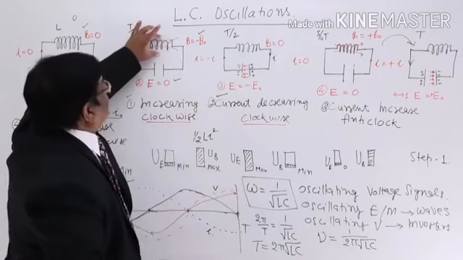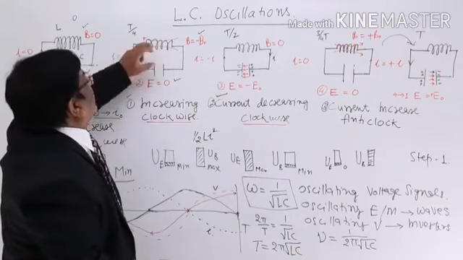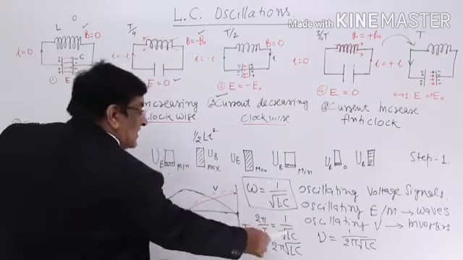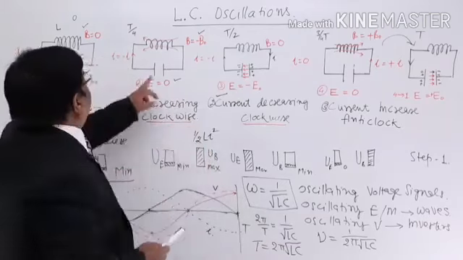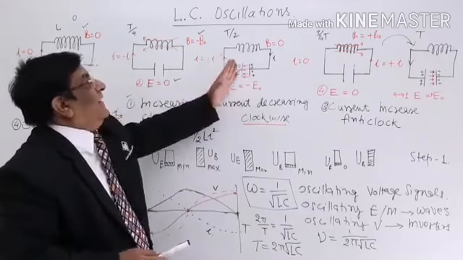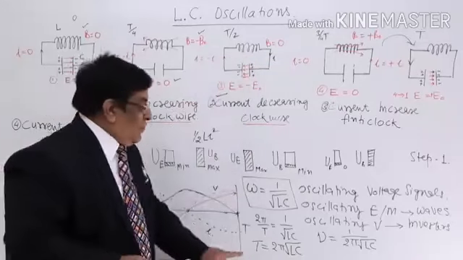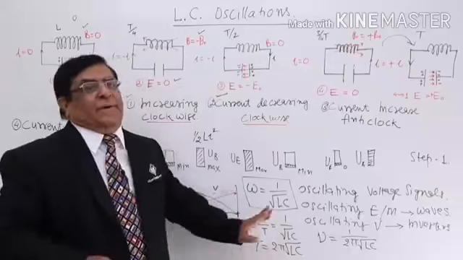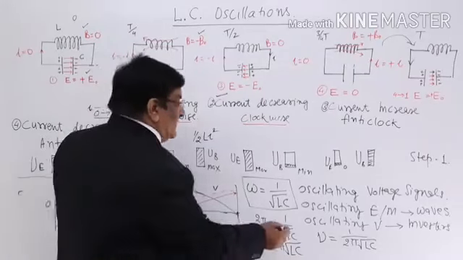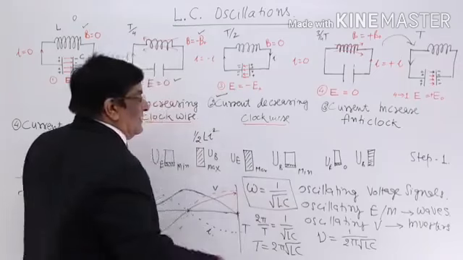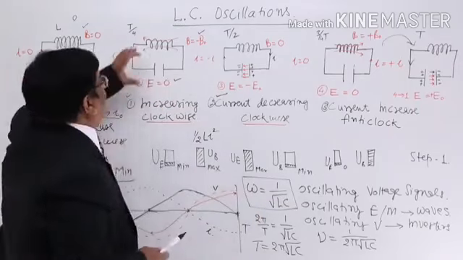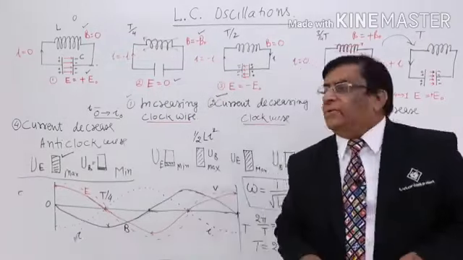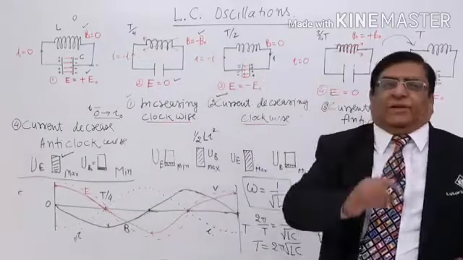The larger the inductance, the more time it will take to absorb the energy, and only then will it start releasing the energy. The larger the capacitance, the more time it will take to get charged, and after that it will start the next cycle. So the time is directly proportional to inductance and capacitance, and frequency is 1 upon root LC. Now C and L, these values are decided by us, we are fitting these. So whenever we change the value, we can change the frequency of this oscillation.